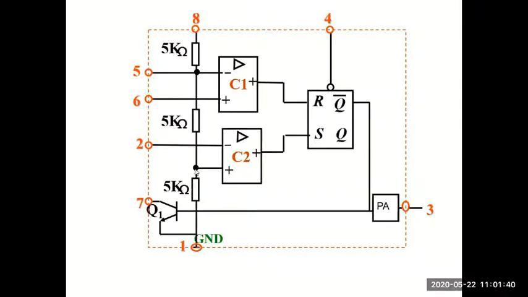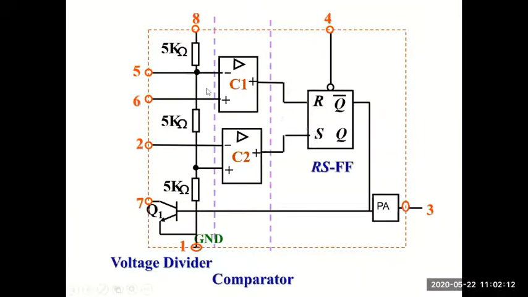And if I take the bottom resistor tap and connect it to the non-inverting terminal of the comparator, I will have a reference voltage at this point of 1/3 VCC or VCC by 3. And if I take a tap after two 5K resistors, so two 5K resistors and ground, and I connect it to the inverting terminal of the upper comparator, at this point I would have a voltage of 2/3 VCC. So that is the potential divider circuit.